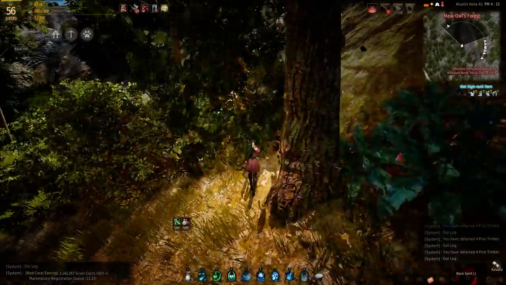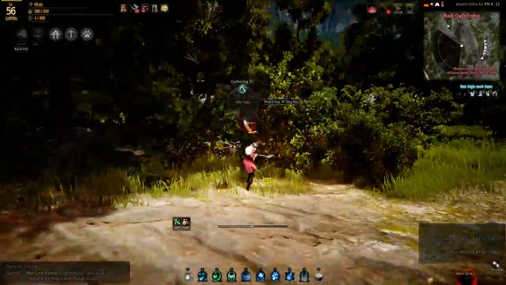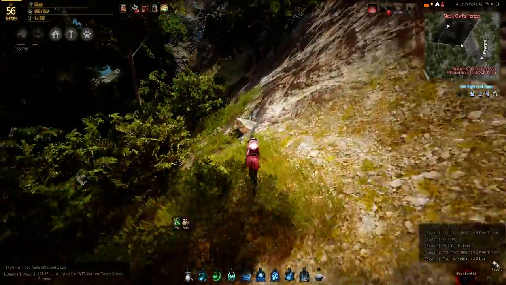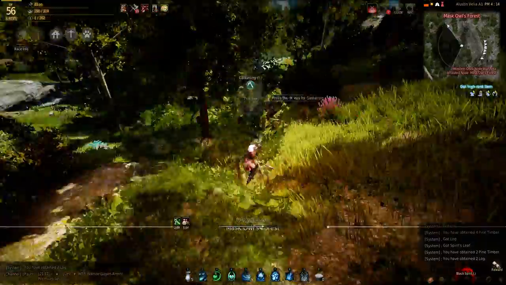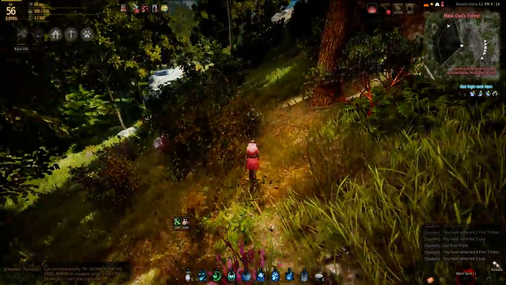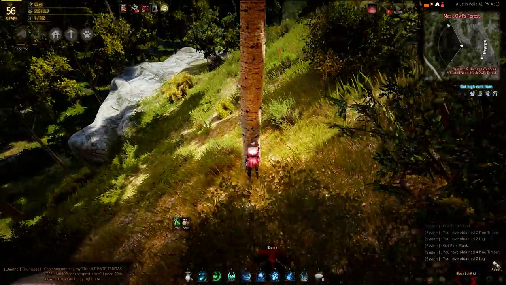I was just coming up here to see if it's possible for lower level people to kind of outskirt this. Yeah, maybe. I guess there aren't a lot of mobs up in this area. I also wonder, maybe we could go across and see if there's more pine,